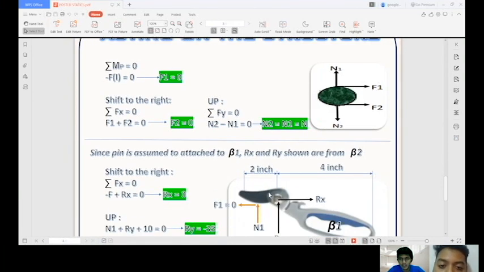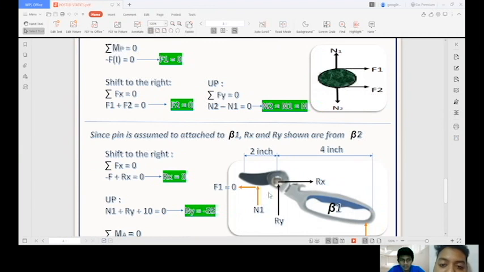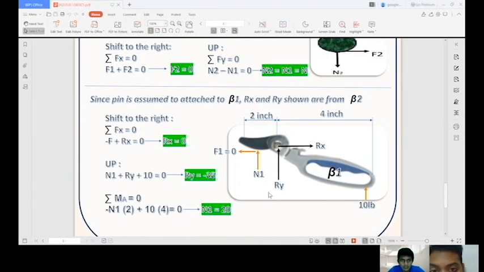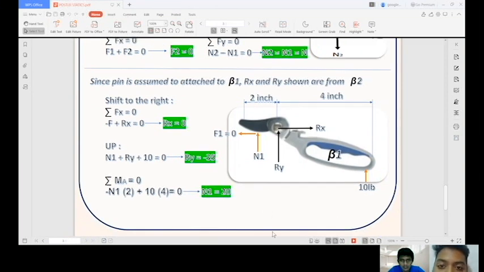Since the pin is assumed to attach at B1, Rx and Ry shown are from B2. When we shift to the right, total Fx equals 0, so negative Fx plus Rx equals 0. From there we get the equation Rx equals 0. When we have up, N plus Ry plus 10. Okay, so first of all,